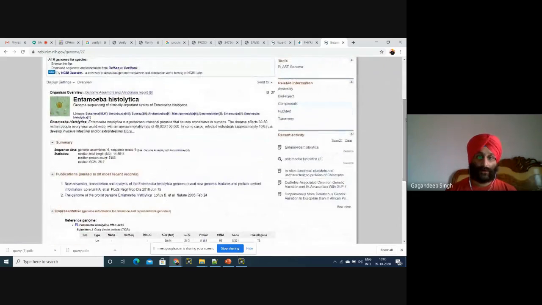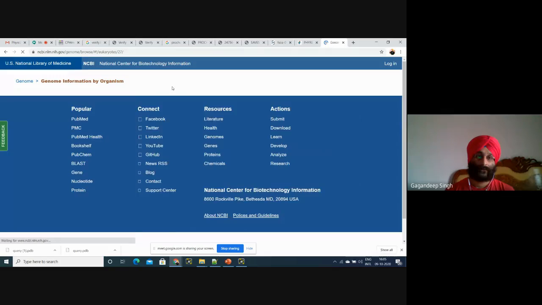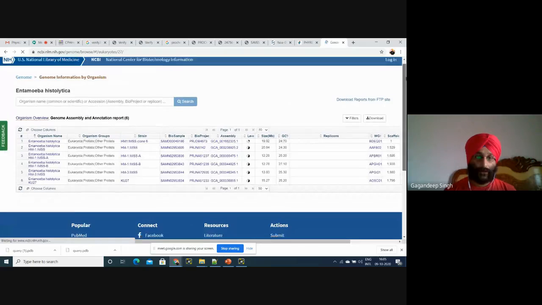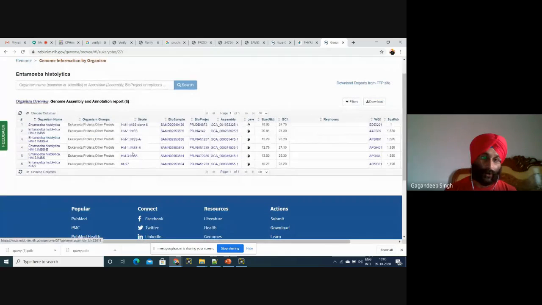Now, genome assembly and annotation report. Okay. Now, which strain is more harmful in Entamoeba histolytica? Right now, I don't know which strain is more harmful, for which we need to survey a lot of literature.